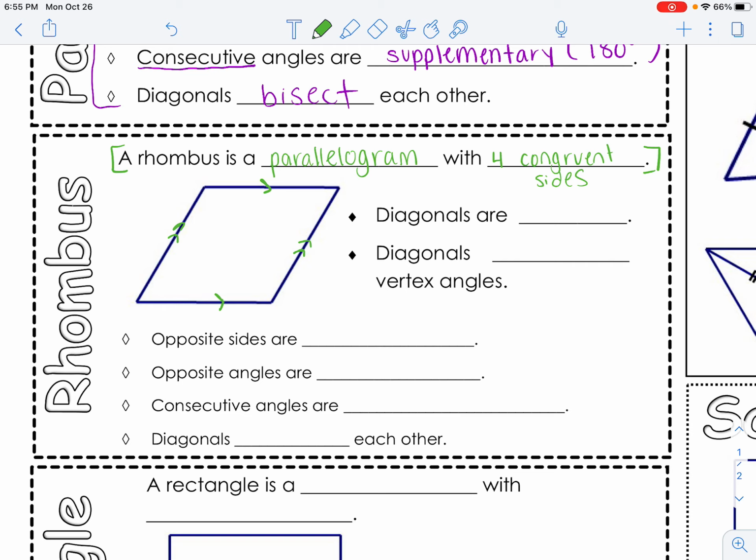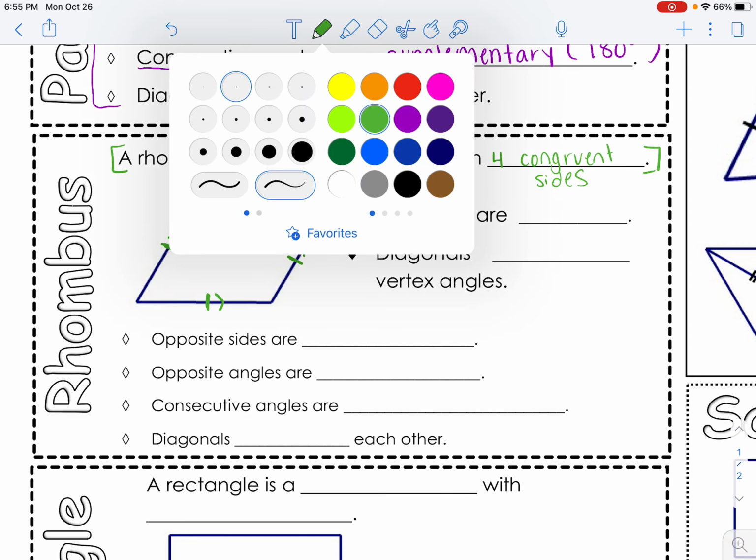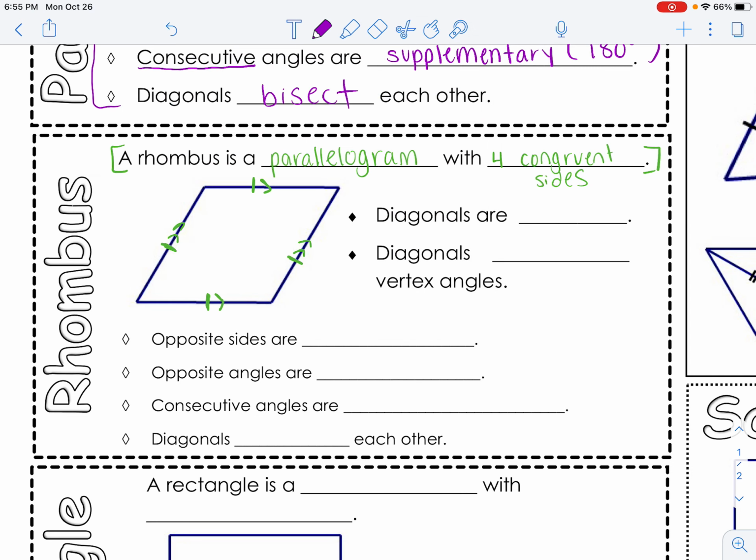Basically just saying all sides are congruent to each other. So this side is congruent to this one, is congruent to this one, is congruent to this one. All four sides are the same. Now, once you see that you have a rhombus by that definition, now you have some other properties